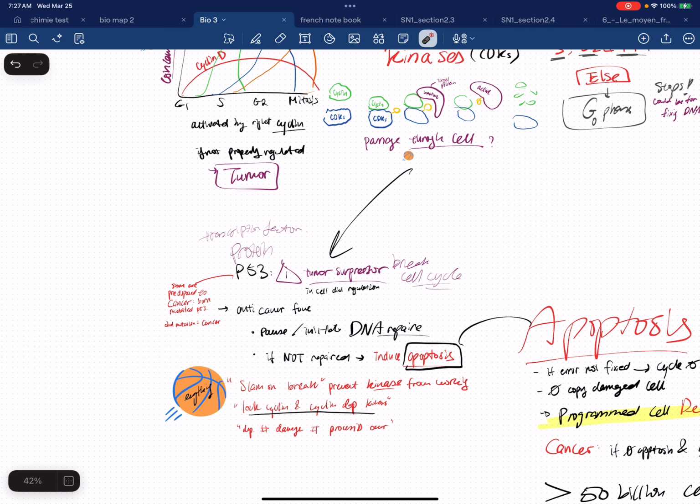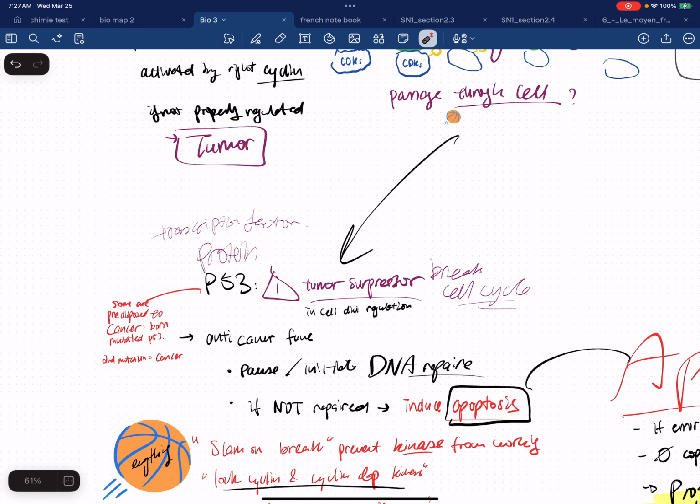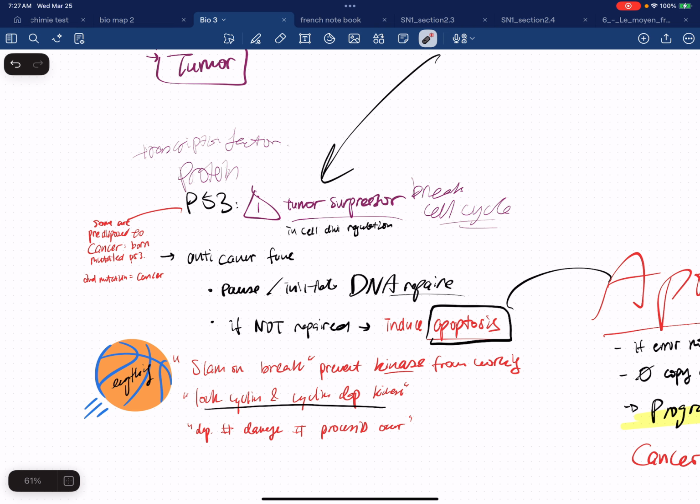So P53 is a transcription factor protein that can suppress tumors. It will break the cell cycle. It will stop the cell cycle from happening if there's a mistake, or if the DNA requires repair, it needs to pause. It will suppress the cell from dividing, and this is important for suppressing tumors, which are wrong cells